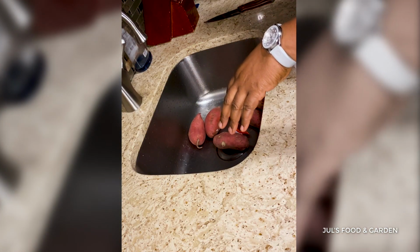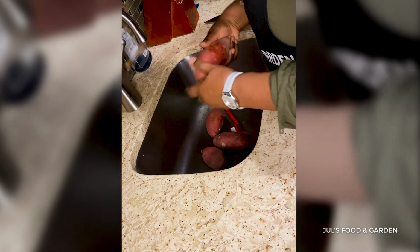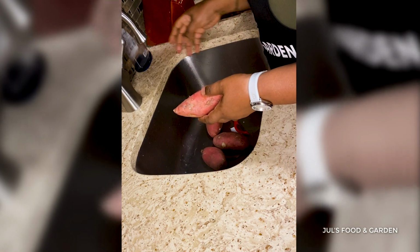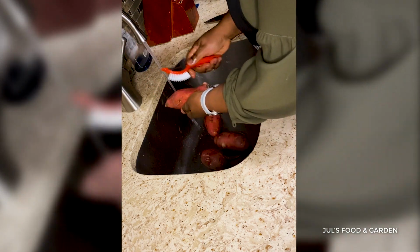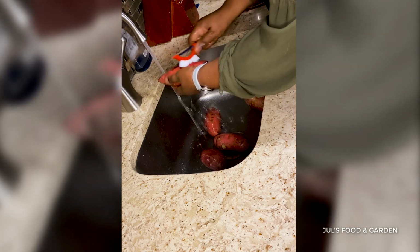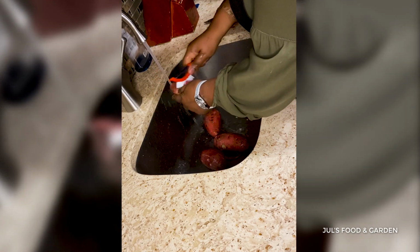Today I'm gonna do my potato in the skin. So I'm gonna use it in the skin. I'm not gonna peel it. So it requires good washing. So I'm going to use my brush to get a little scrubbing,